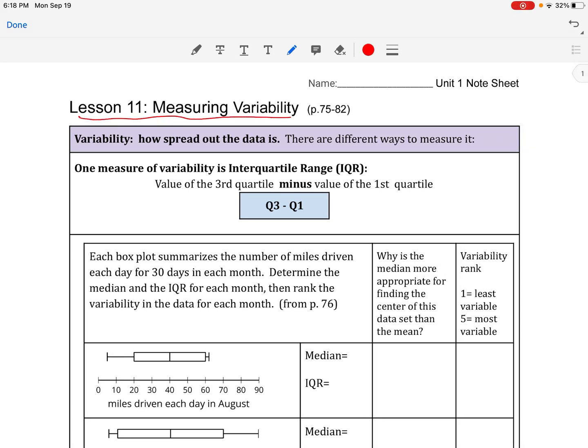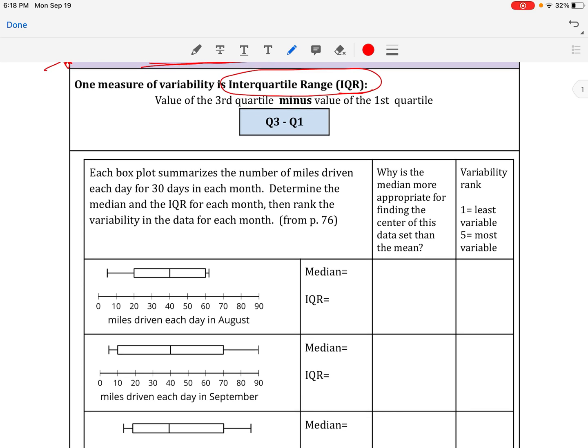Lesson 11, Measuring Variability. So variability, we've heard this word before, it's how spread out the data is. And there are a few different ways to measure it. In this lesson, we're going to look at how we can use the interquartile range as a measurement of variability. So we're going to remember from previous notes that you calculate the interquartile range, or IQR, by doing Q3 minus